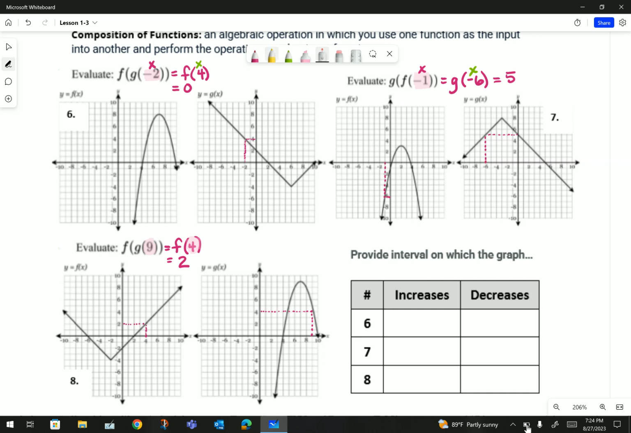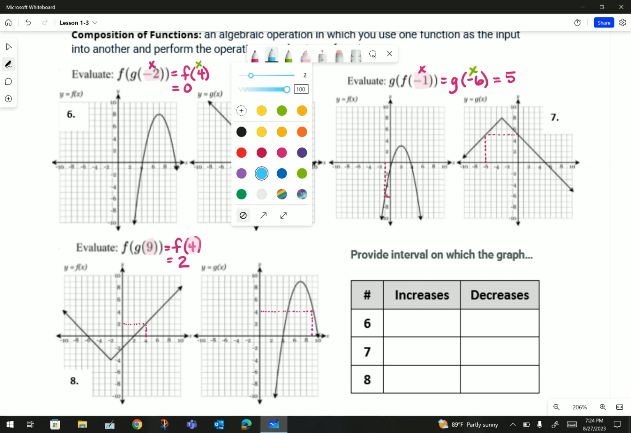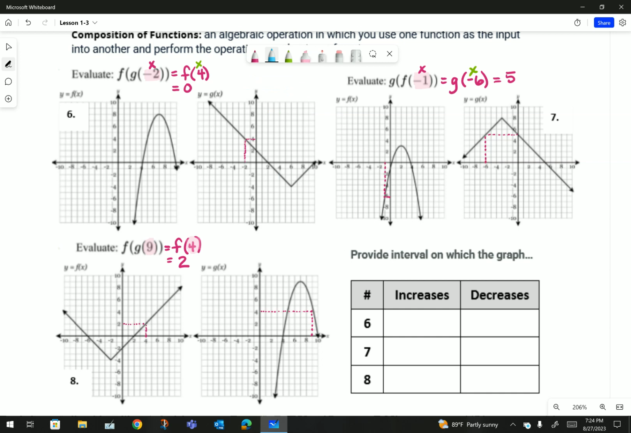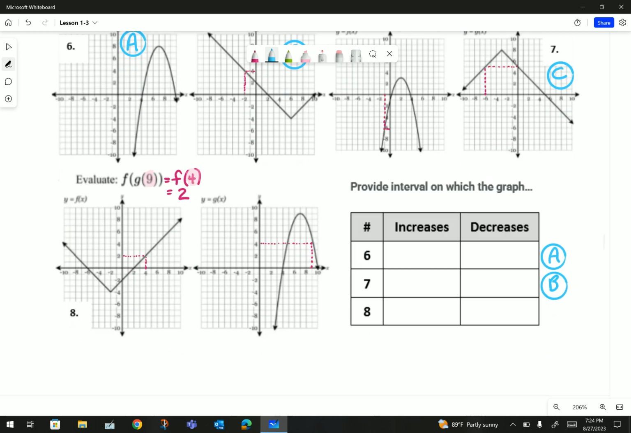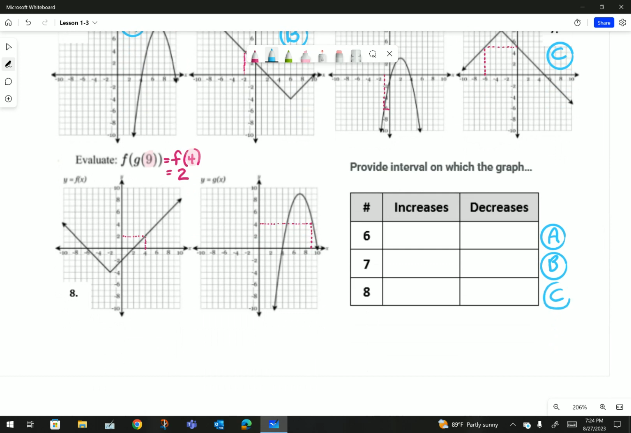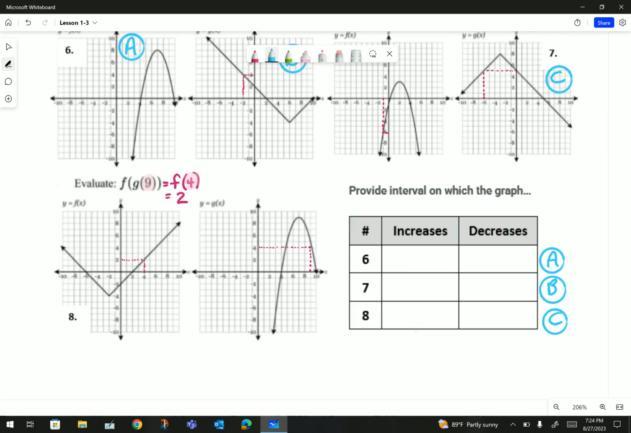So what I need you to do is, let's choose a different color here. I'm going to choose this blue. I want you to call this graph the A graph. If you can please label. I'm going to call this graph the B graph. Label that one. And this last one over here on number 7, I'm going to call this the C graph. So label here on your table A, B, and C. So you'll know which graphs you looked at when we were determining